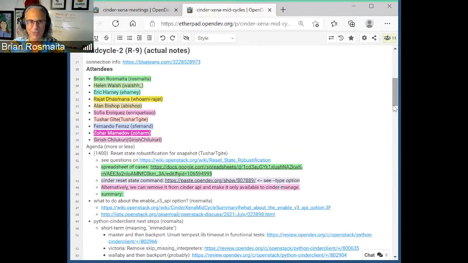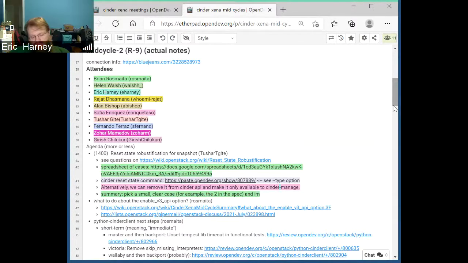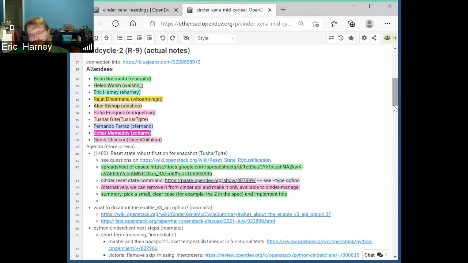I think that the summary is we should pick a small clear case and start with that and then see where we go. I would still vote for trying to come up with a list of destination states that are just never good and block that as well, because I think that should be fairly straightforward.